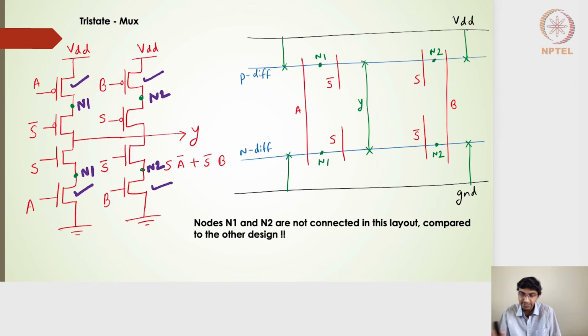And if I look closely now into the tri-state multiplexer design and its stick diagram, the N1 is a merged uncontacted diffusion. Here, the diffusions are merged. So the diffusion of this particular transistor and this particular transistor are actually merged, but there is no metal line, right? Whereas in the previous case